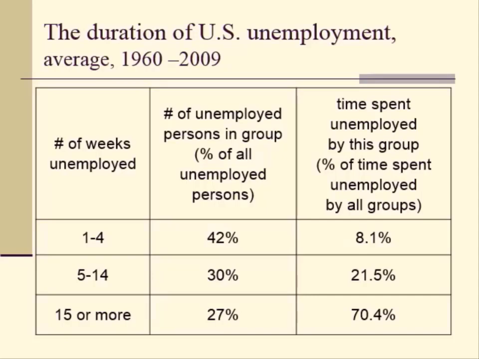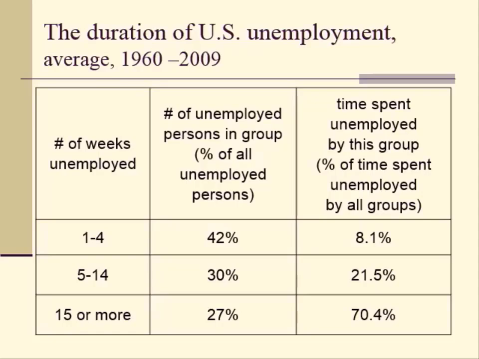If you look at the number of unemployed persons in each group, you can see that 42% of all unemployed persons are in the first group of 1 to 4 weeks, 30% in 5 to 14, and 27% in 15 or more. So the number of unemployed persons in a group declines as the number of weeks unemployed increases in these three ranges. On the other hand, if you look at the last column, you see that the time